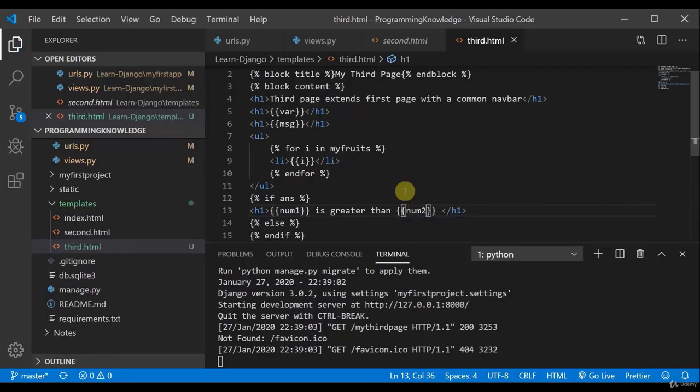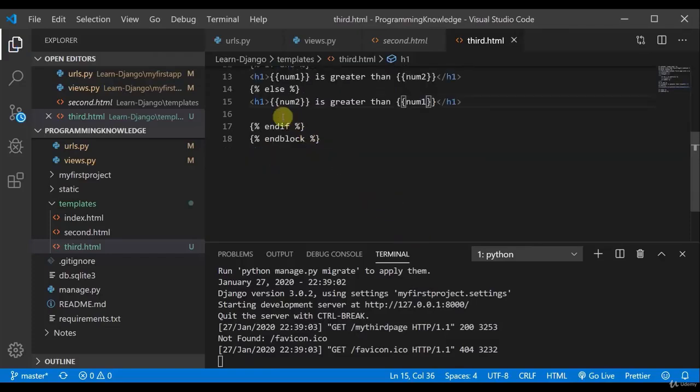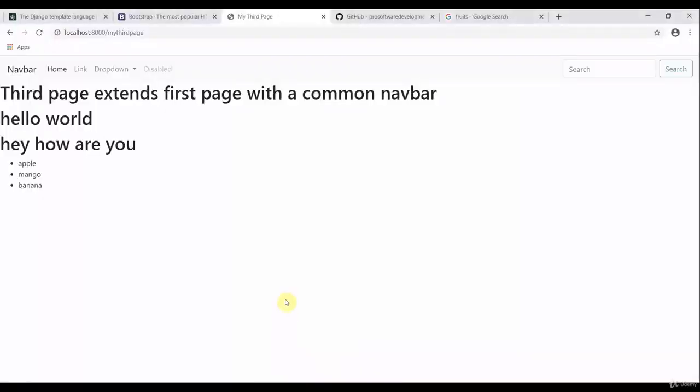So this looks good. And the else part, we are going to do the reciprocal of it. I'll change this as num2 is greater than num1. Okay, so this is my if else part, and I'll move to my page, and this says 5 is